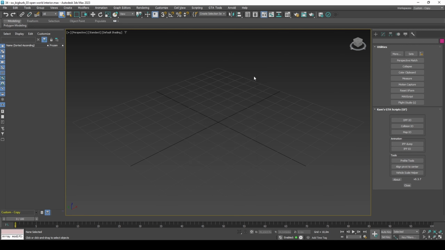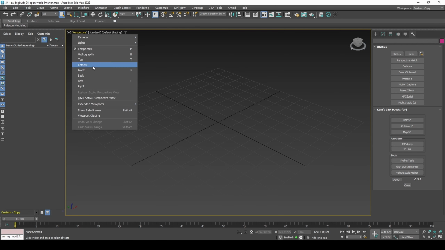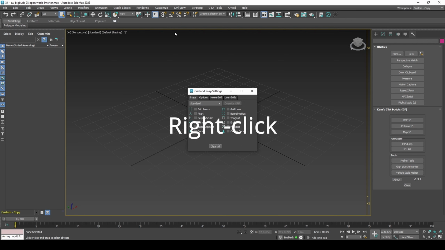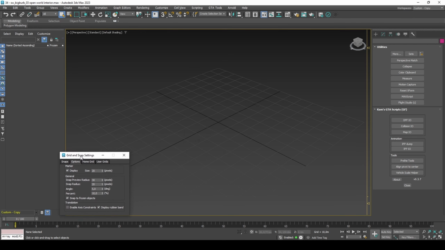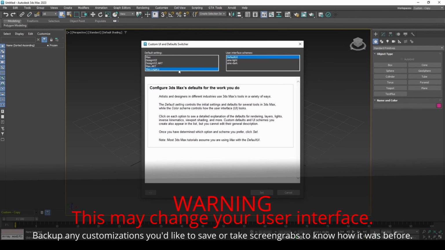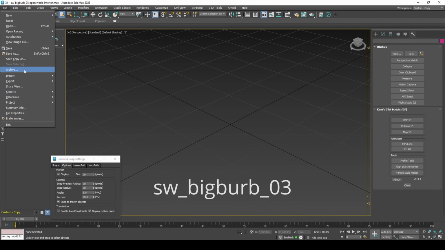It can help to turn on viewport clipping to zoom in closer to models. I'll bring up the Snaps interface as I'll be using it a lot. If you are on version 2021 or above, for GTA materials to work, set to Max Legacy and restart 3ds Max. Start by importing